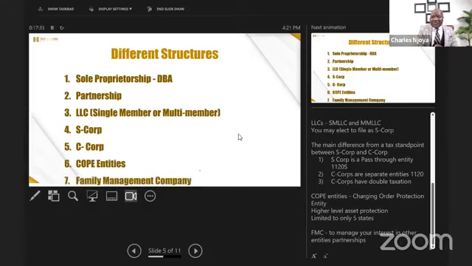Then one other thing that you will get, with most of the people we work with, is a family management company. A family management company basically manages your interests in all these other entities we already mentioned. You could make it in different forms, but in most cases, it's just a sole proprietorship, an entity that's created basically to manage your interest in those entities. And it's very important for tax planning purposes.